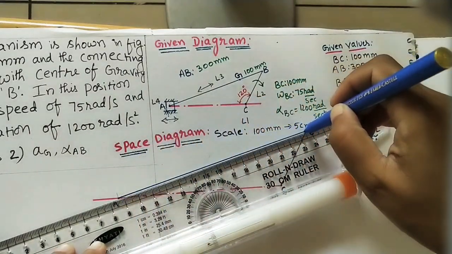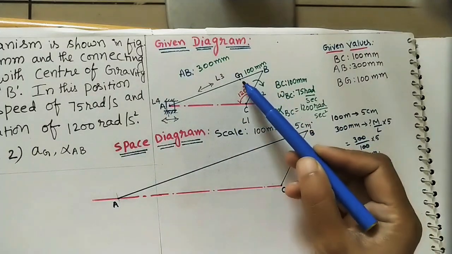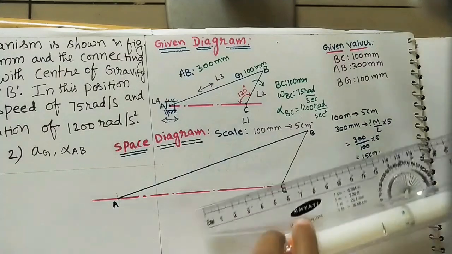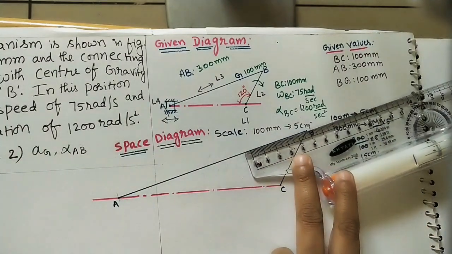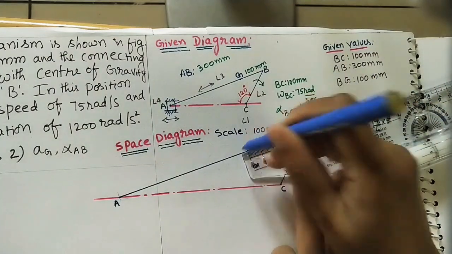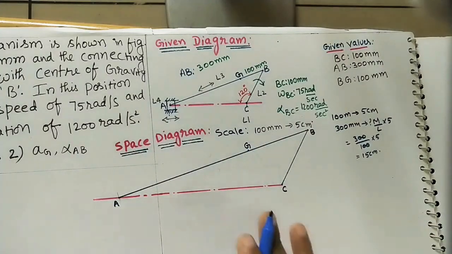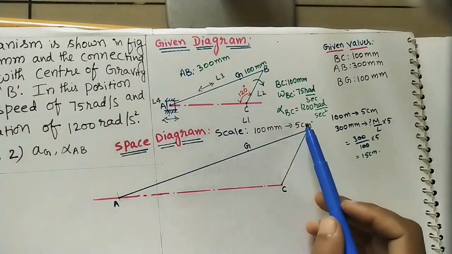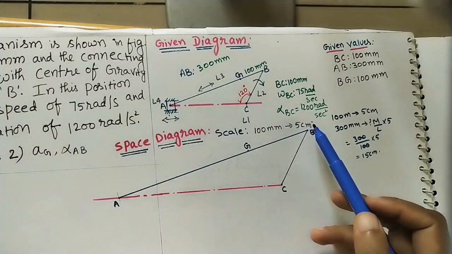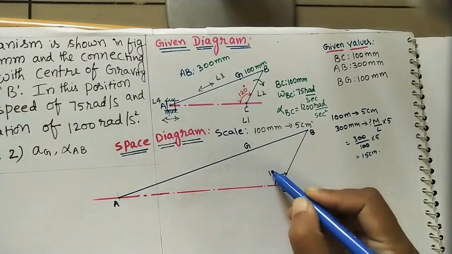And then after getting AB, mark G point, it is 100 mm from B. 100 mm means we are considering it is 5 cm from B. So mark G point. So this point is the G point. So here we took the scale. Not necessarily always 5 cm, we can take a bigger one also, some 6 centimeters, 7 centimeters, or we can take a smaller one also. This angle is as it is, 120 degrees.